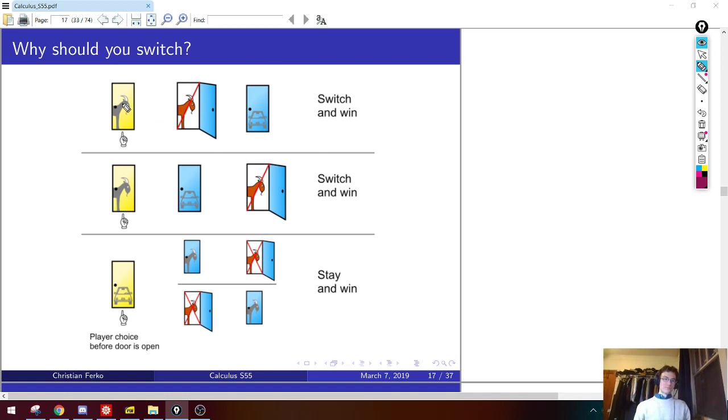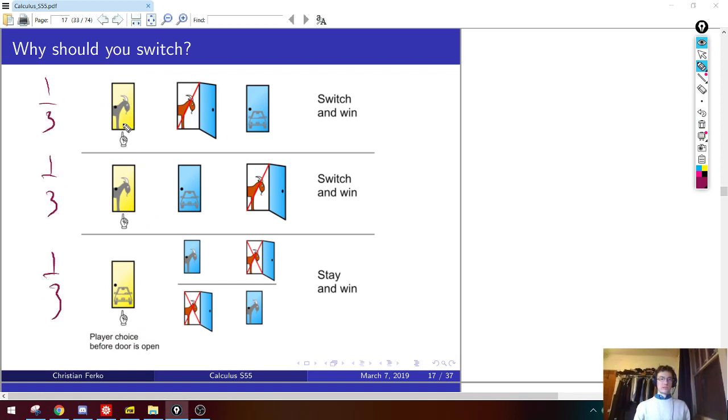So if we label and think of the 3 possible things that could have happened, there are 2 states of the world where the original door I picked had a goat, and 1 state of the world where the original door that I picked had a car. And these all have probability 1/3.